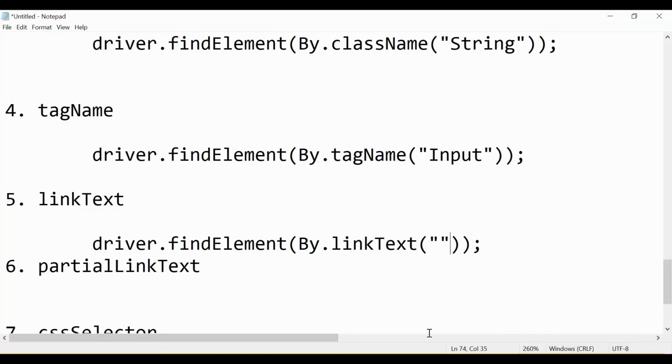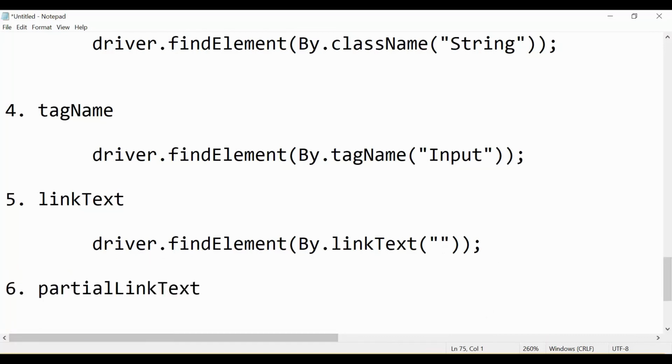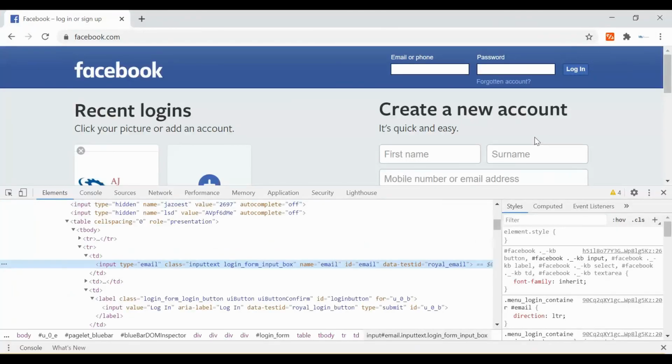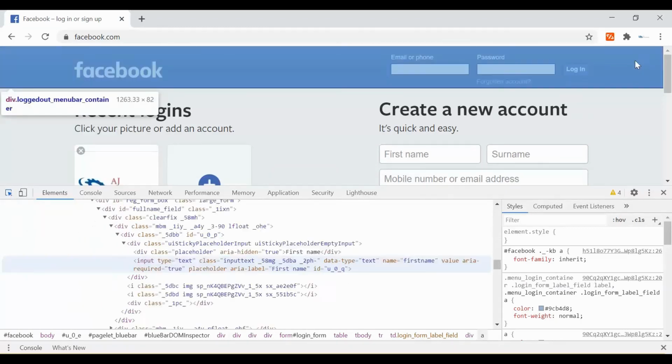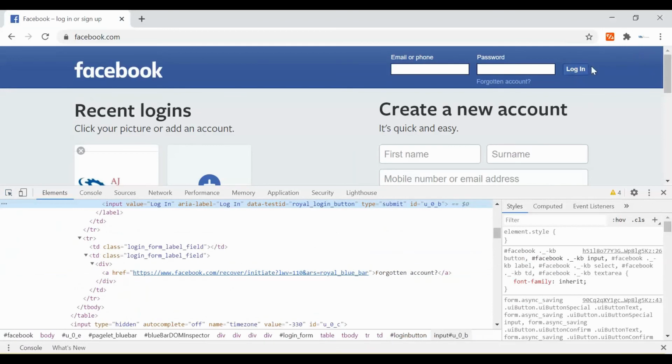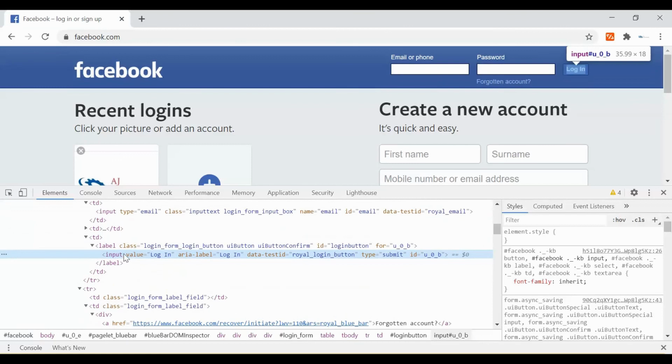So let's say on the Facebook page, or any page, if you want to find any link on your web page, so this is a link. And why is it called a link? Because every link on a web page will have an anchor tag associated with it. So if you see an anchor tag for some web element, that is a link. And if the anchor tag is not there, like this is the button, the input or login button, you can see there is no anchor tag, so we cannot say that this is a link.